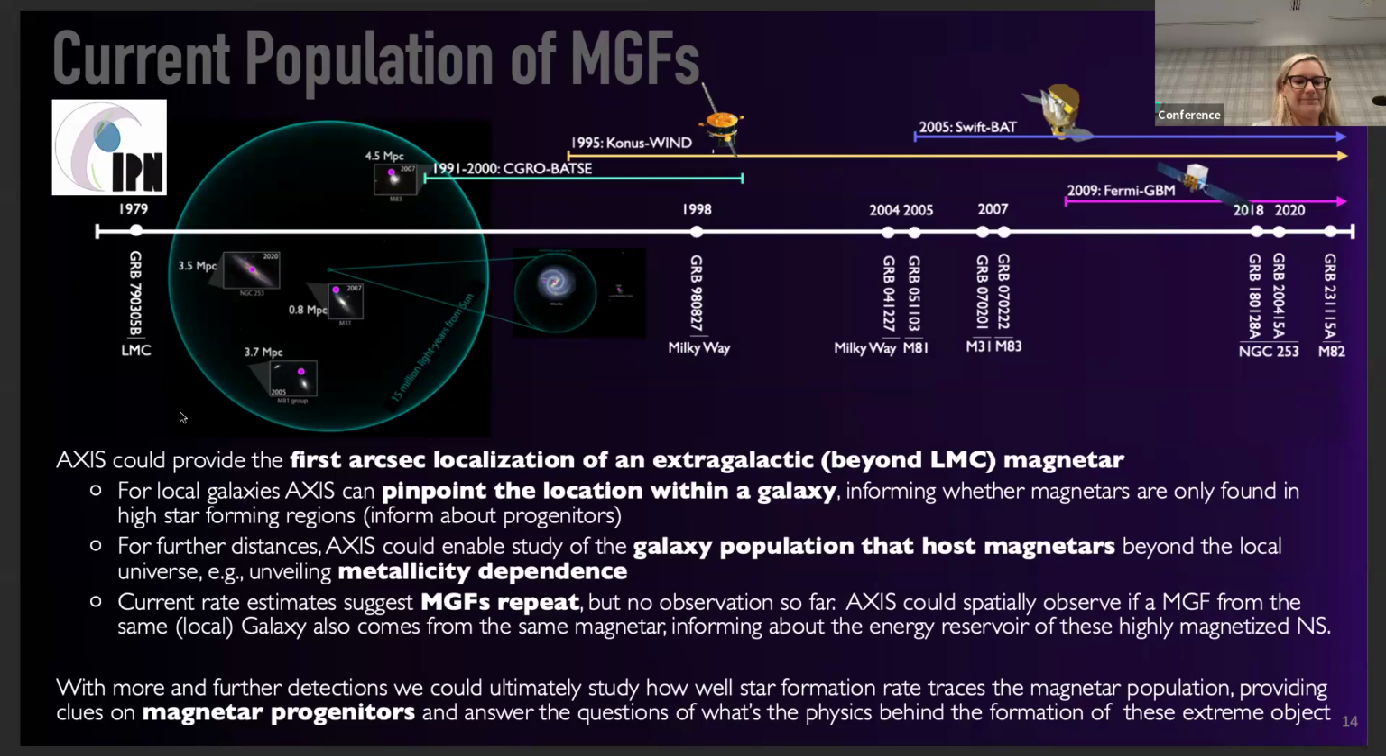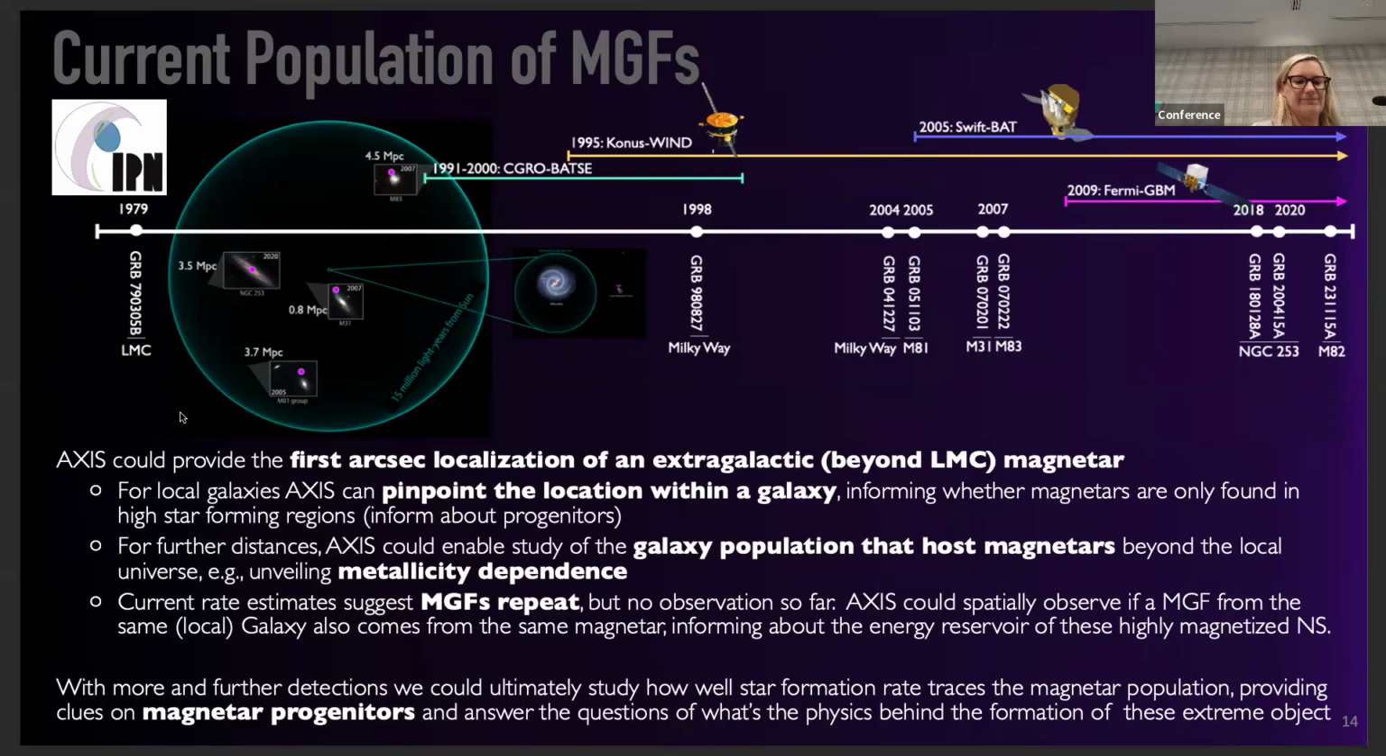For farther distances, local galaxies, then you can do some more strategic and systematic study on the galaxy population that host magnetars, and see, for example, if there's a dependence on the metallicity. And this will be relevant in a few slides. Also, current estimates suggest that magnetar giant flare repeats. This is according to the rates that we estimate, but no observation so far. So if AXIS could spatially resolve a magnetar location within a galaxy, and then we have another magnetar giant flare